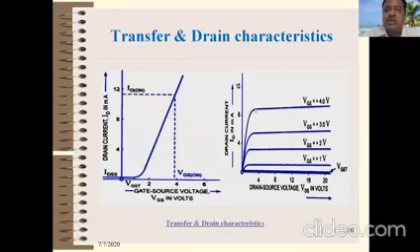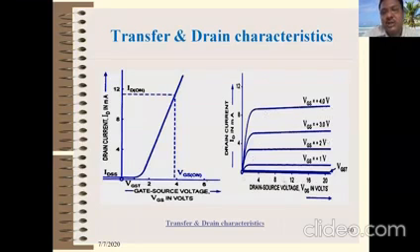This ID becomes constant because the effective width of the channel becomes 0, right? Even if you increase the value of VDS, the effective width decreases, right? But still, as per the video you already saw, there will be a high voltage VDS that will push the electrons from source to drain, so that current continuously flows, but the current is constant, and this region is called the saturation region. Once your device saturates, the current through that device remains constant, right? As you increase the value of VDS, the current remains constant.